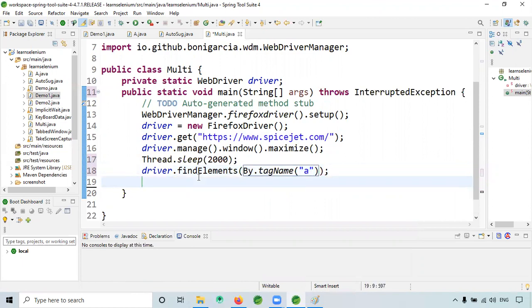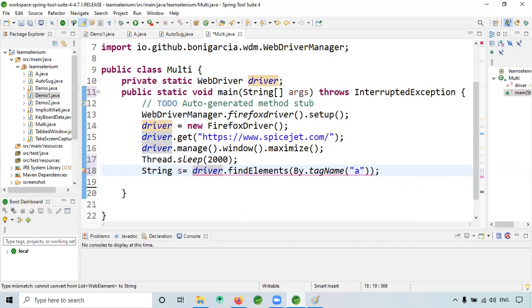Now I need to get those elements, whatever a links are there. For that I have to iterate and print them. This one I don't think you can store in a string, because a string can store only a single value.